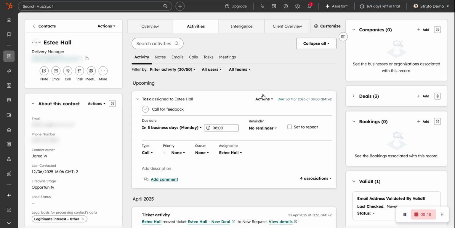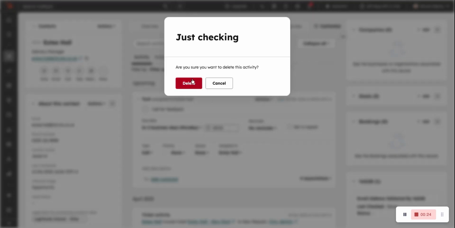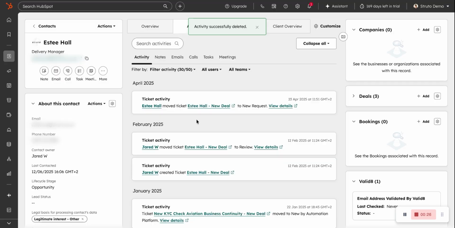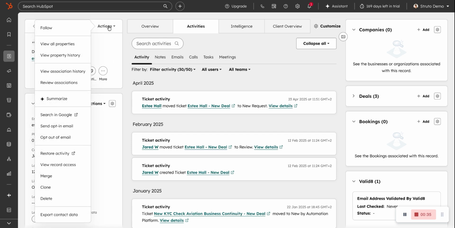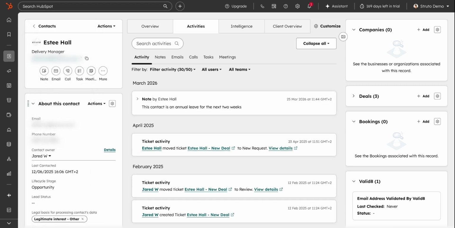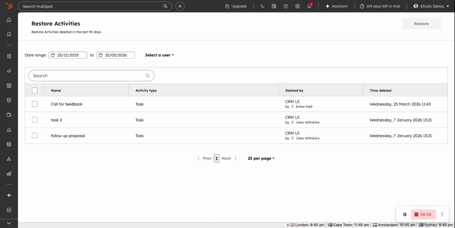Now if one of your team accidentally deletes any particular activity record, whether that be a task, a note, a call, a meeting, or an email, you're able to restore it. What you would do is you would click on Actions in the left top side of the contact record or company deal record, and here you'll get the option to restore activity. So what we will do is we'll click on that link, and that will take us to a recycling bin